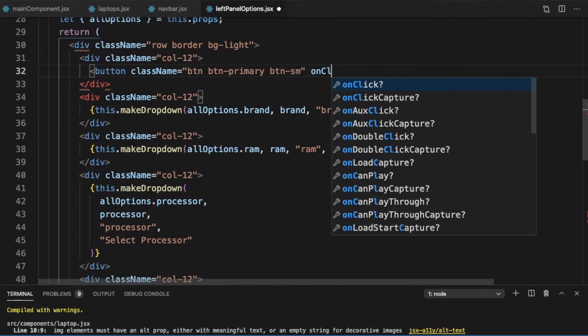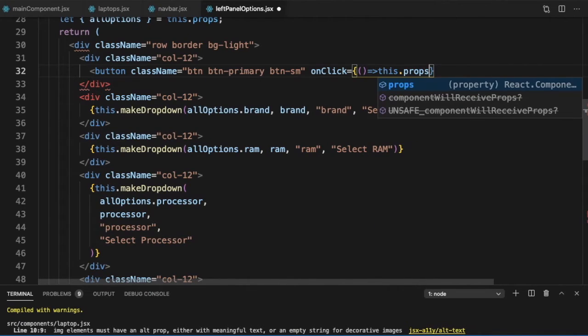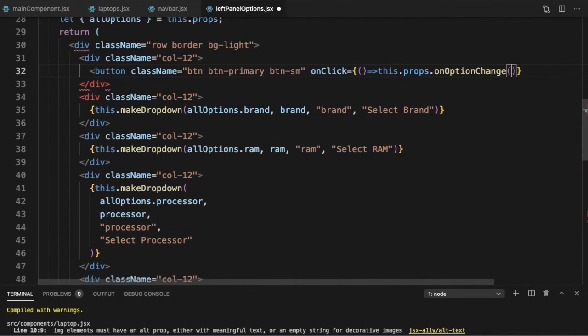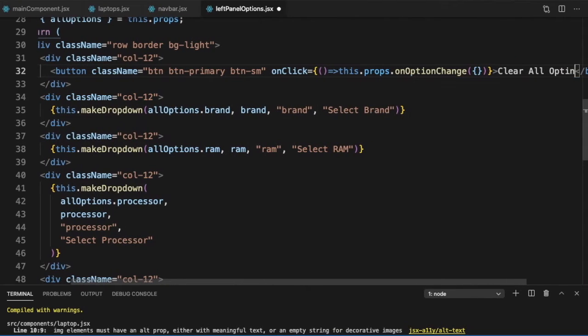On click, we can just call this dot props dot on option change, and with what parameter we can just send it empty options because we want to clear all of them. And let's just show a text, clear all options.